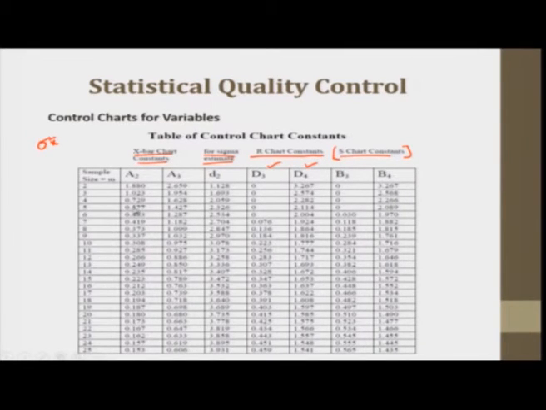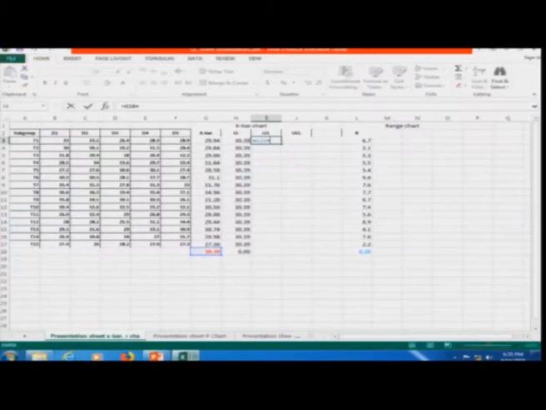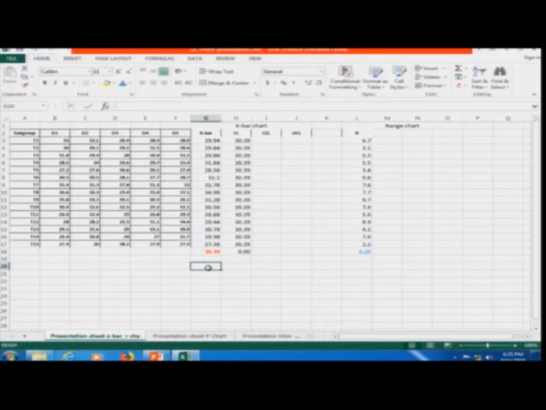The value of A2 here is 0.577. So, I will put the value of A2 in my Excel sheet. Escape, let me put A2 equal to 0.577.